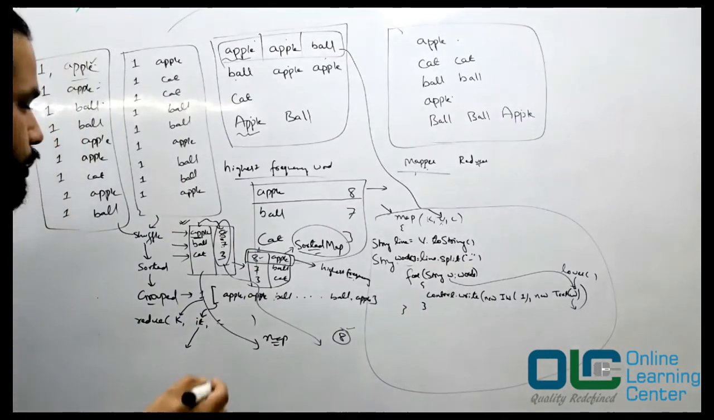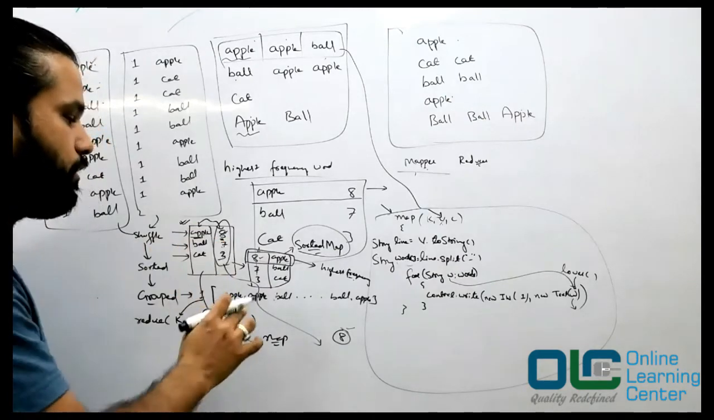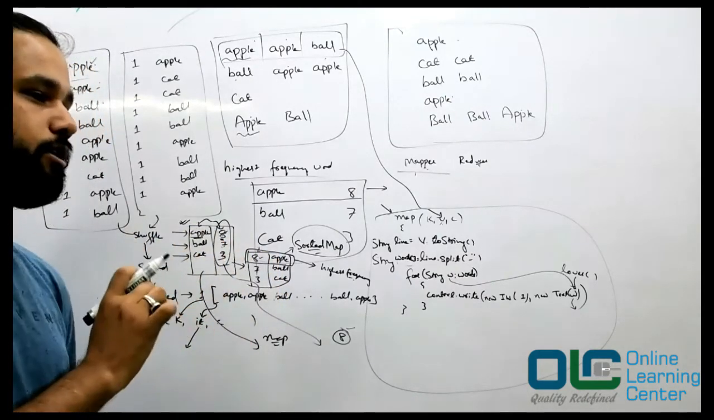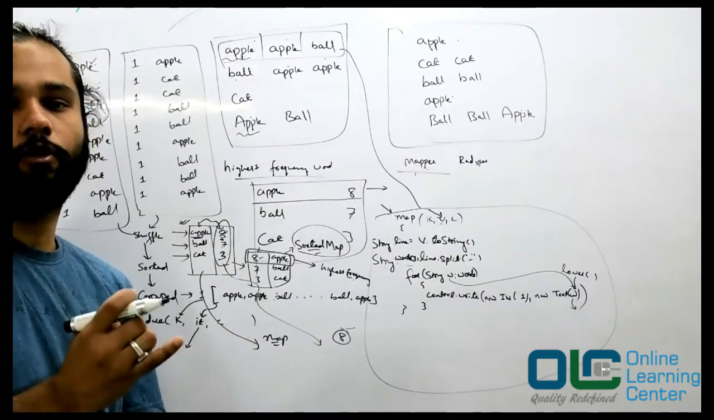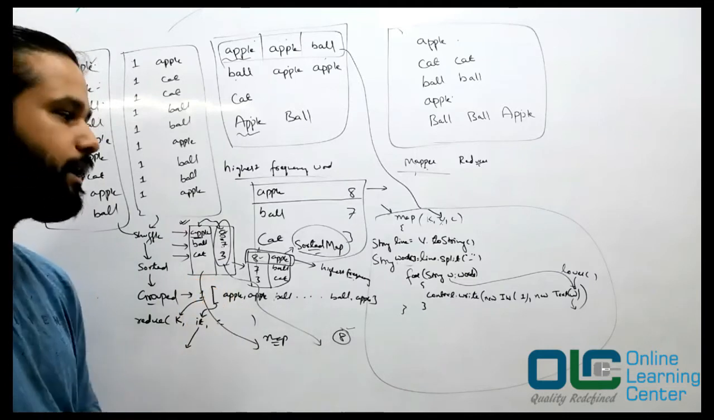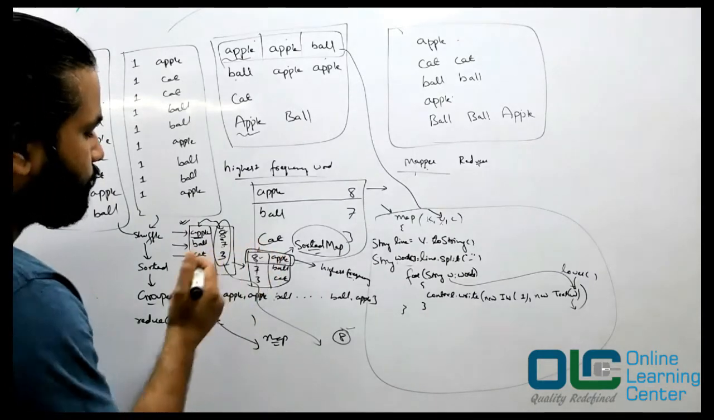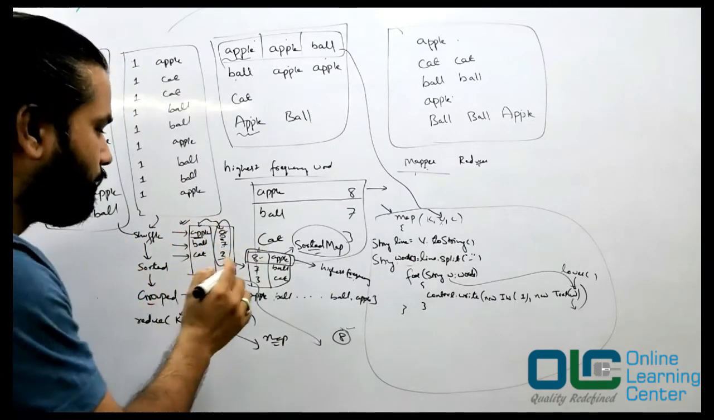In that case, you will never miss, you will be able to print both. Like if I have multiple words with the highest frequency, let's say apple also has a frequency of 8, ball also has a frequency of 8, then you will not miss this. Okay, now you may say, hey, I like the concept of converting the key to value, value to key, right? Now there is also one